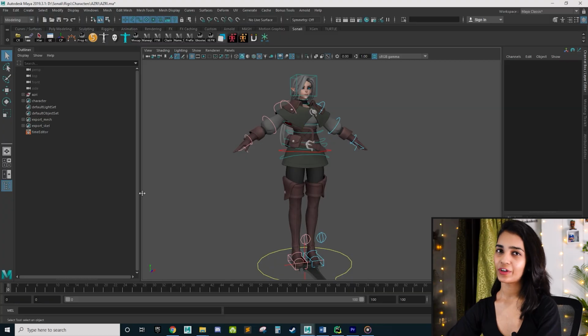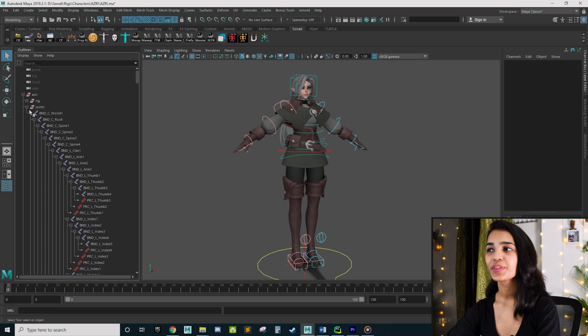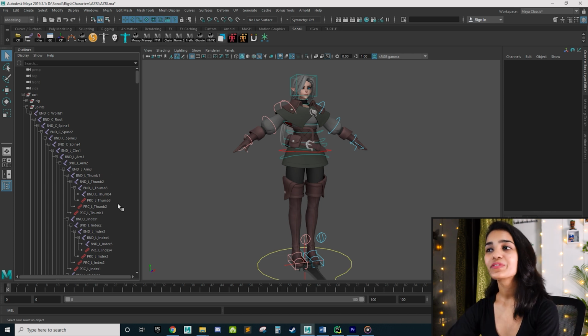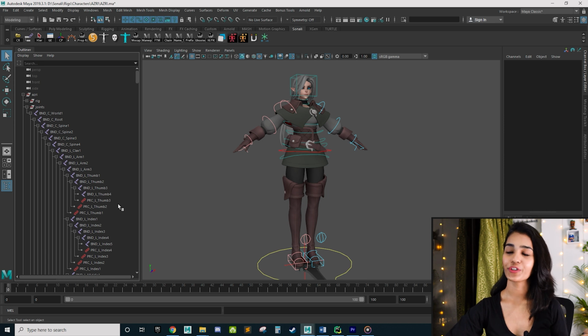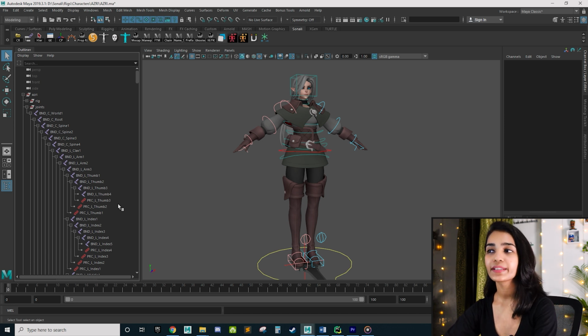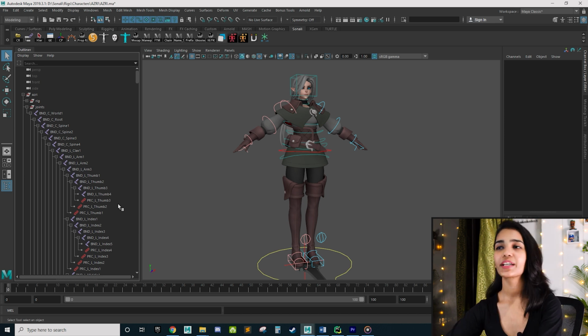Now let's take a look at the Azri rig. If you go to the outliner here, under Azri, you can see there's a joint. Press shift and click to open this. There's our beautiful hierarchy. As you can see, all of these joints are under a single parent, which is exactly what we're looking for. And we want to make sure that there isn't anything extra in this hierarchy like some Maya specific functionality. The constraints are okay, but nothing else.